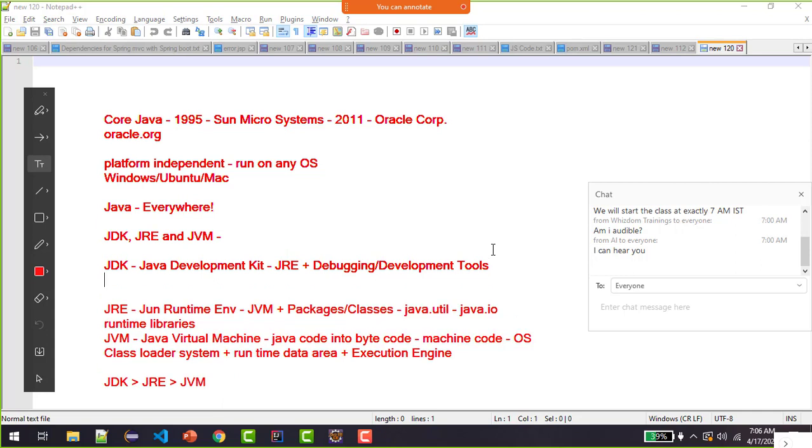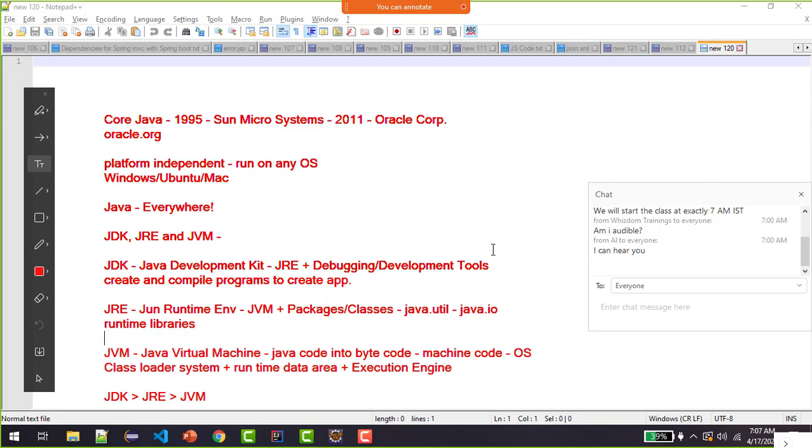And why do I need them? I, as a programmer, need them to create and compile programs, or to execute and create web applications, to create any application, as of now. So JDK is a full-featured software development kit for Java, which has JRE and other compilers, interpreter. Now when I say JRE, JRE is basically the JVM, Java Virtual Machine, through which a Java program actually runs.